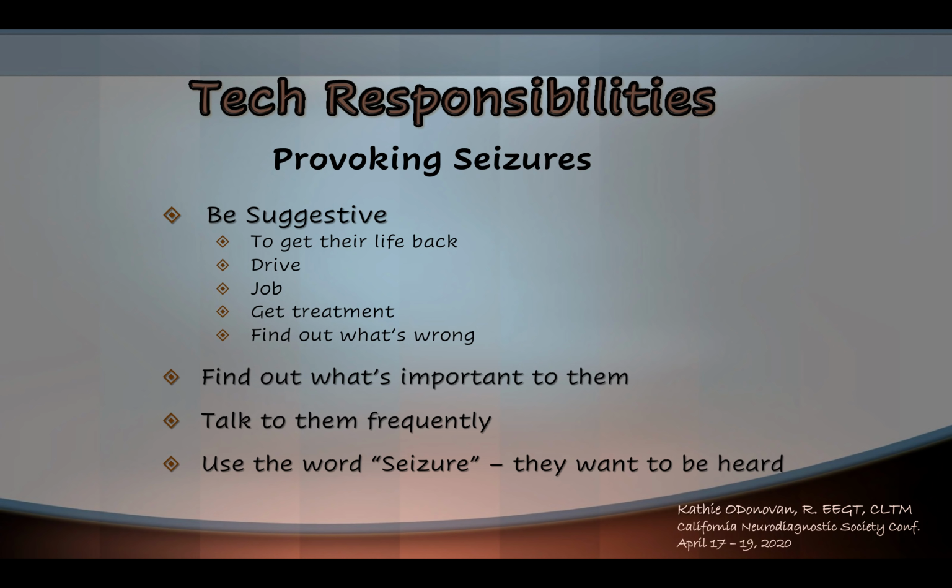And it's not up to us to help them understand that these are not epileptic. That is not in our bailiwick. So us using the word seizure and taking everything seriously is not us being complicit in them believing the wrong thing. That's the doctor's job. Let them carry that burden. Our job is to bring these people in with compassion and give them what they need, which is validation, because they haven't gotten it anywhere else. And that's part of the problem.